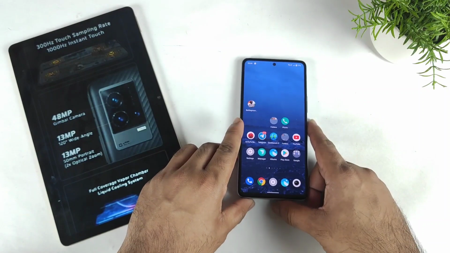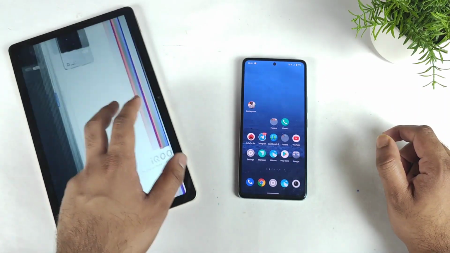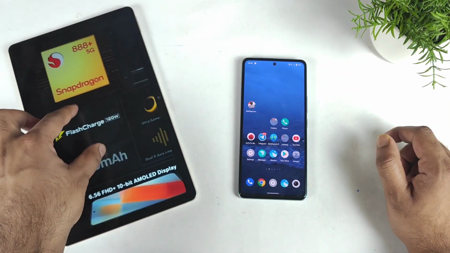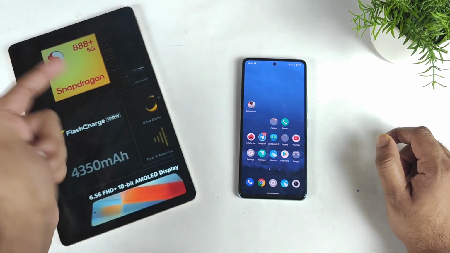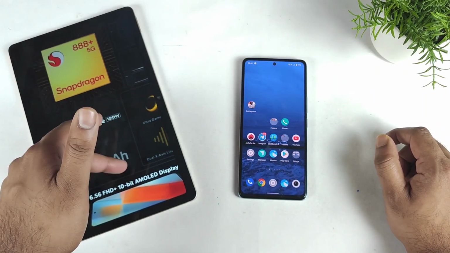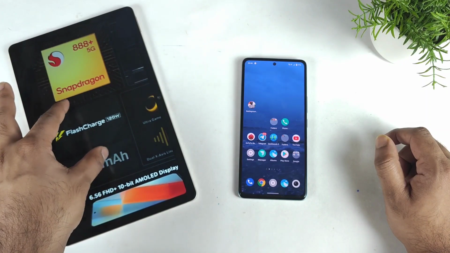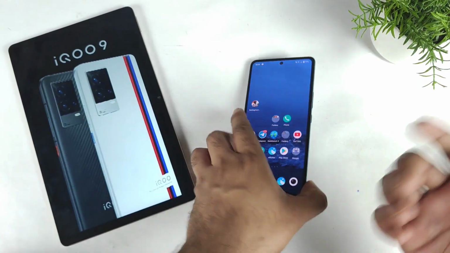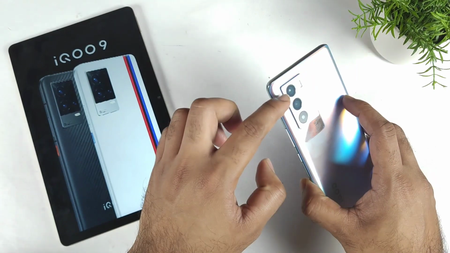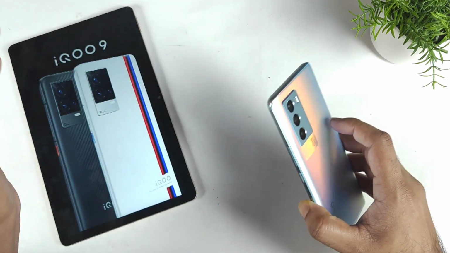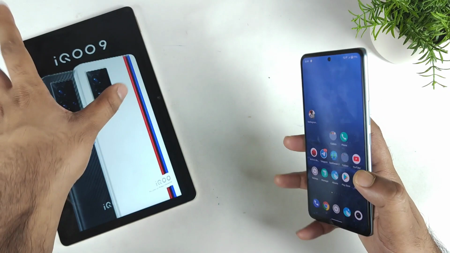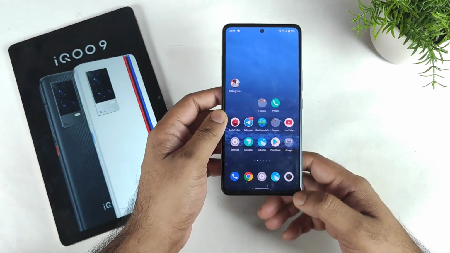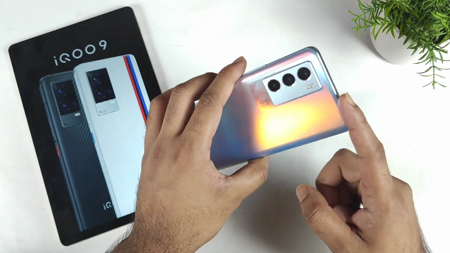But overall friends, the things which I did like in the iQOO 9 SE are fast charging, 120 watts, and the gimbal stabilization camera is there, and the 10-bit panel, a slight advantage, a little bit. But if you ask me, is it worth spending that much money on this iQOO 9 device? If you have the budget and if you're really interested in the gimbal stabilization camera, then go for it. If you're not having that much budget, then definitely friends, iQOO 9 SE is one of the best phones you can actually buy for about